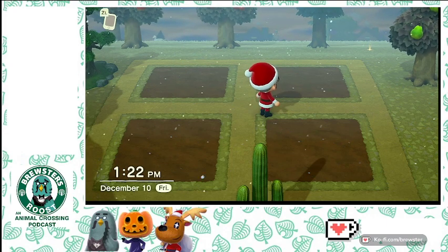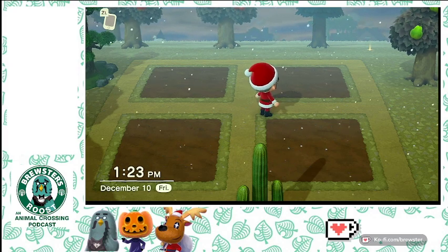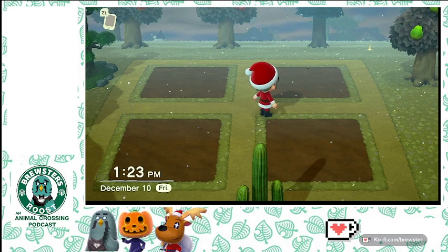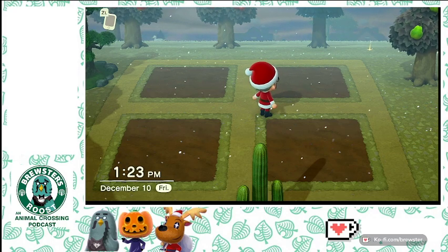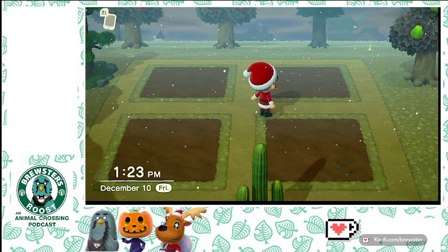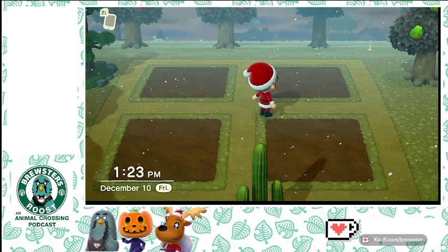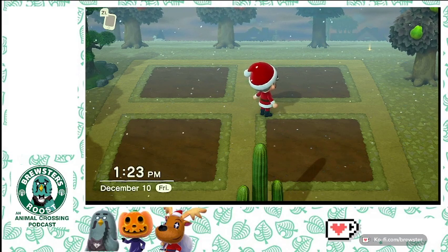Hello, villagers! Today is December 10th, 2021, and what I'm doing here is just walking around the island of HallowCove because it's snowing and it's starting to stick on the ground a little bit. I figured I just posted about the advent calendar, so I might as well jump on live while I have a few minutes and do a little island walk around, which would also tie in with the